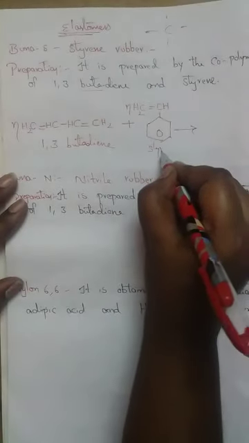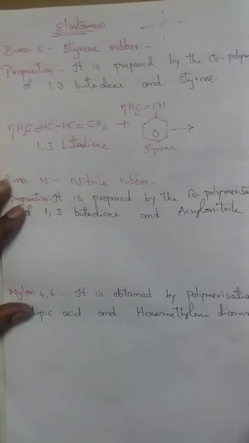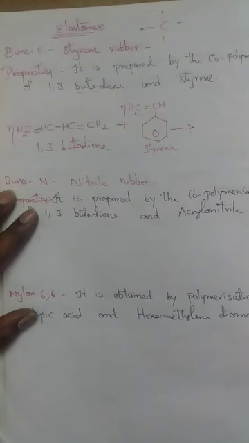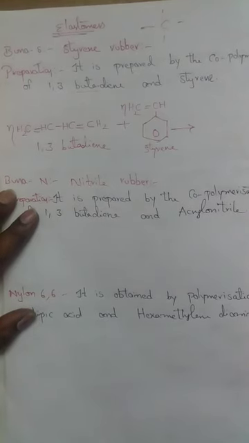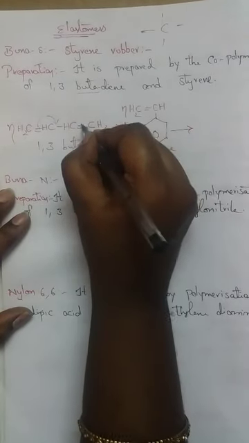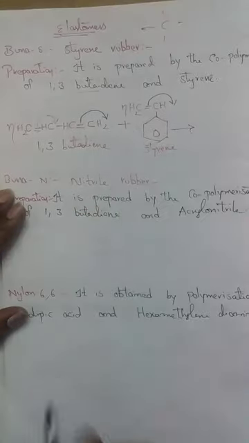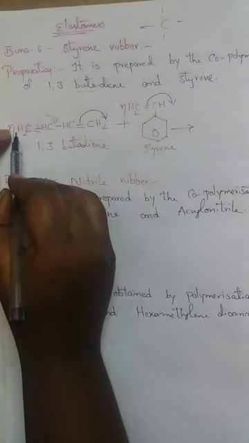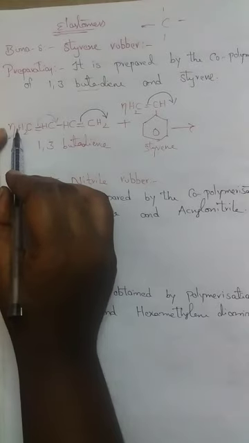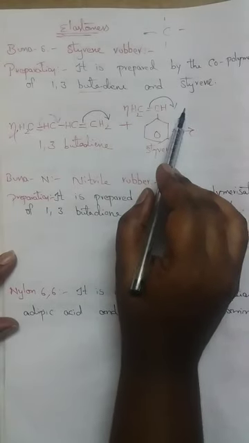So this is styrene. When 1,3-butadiene reacts with styrene, we have to note down three important things I already told. First thing, where you find the double bond, the double bond can be shifted from one place to another. Here the double bond shifts to here, and here the double bond shifts from here to here. Second thing, the first n present here gets eliminated by releasing one bond. And third, the second n can be shifted from first to last. So keep it in mind.